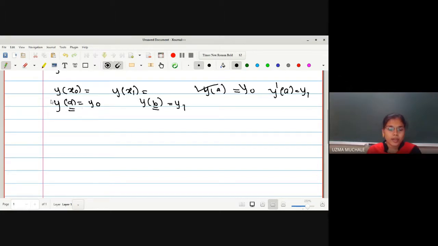And what is a boundary value problem? If the value of a dependent variable is provided at two different values of an independent variable. Now let us go for the method. That means now in this method we have to convert a boundary value problem to a Fredholm integral equation.